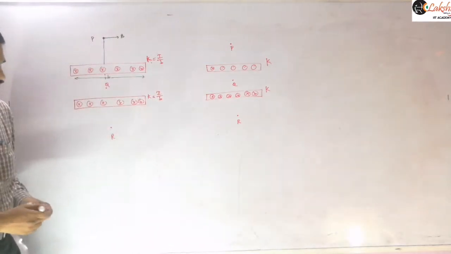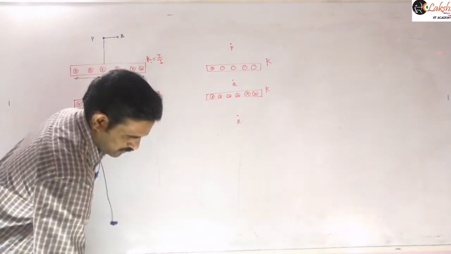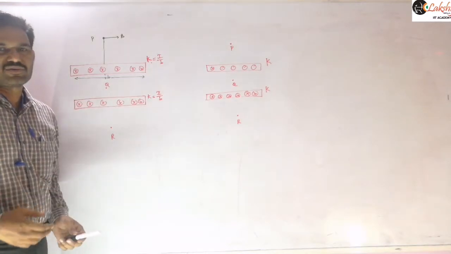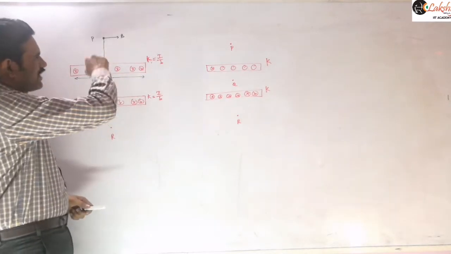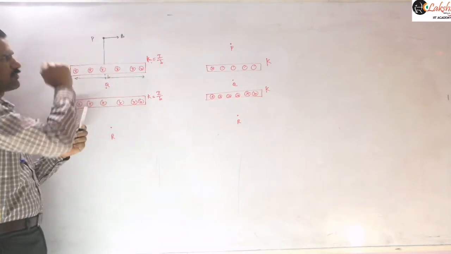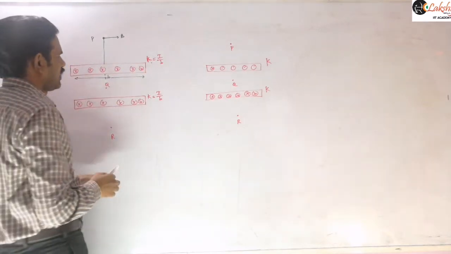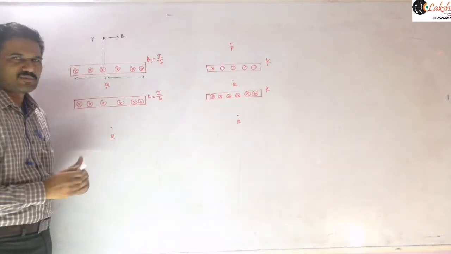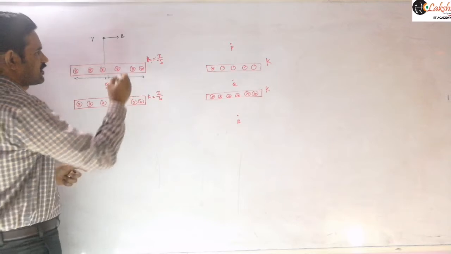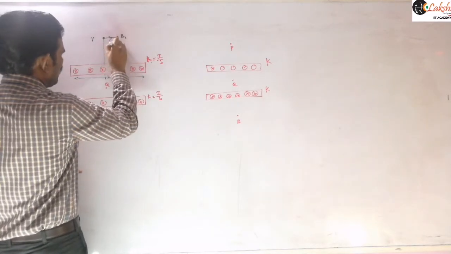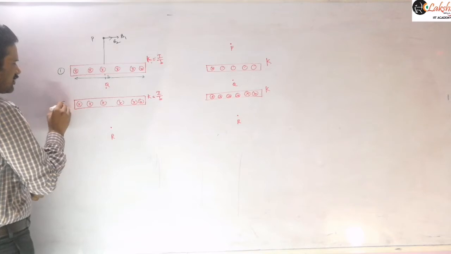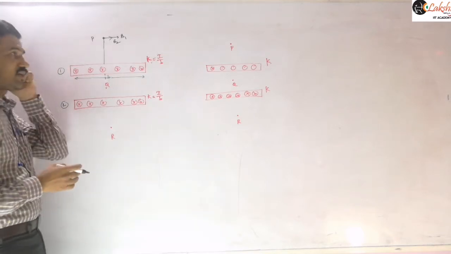Now at this point we need to mention the directions. First let us identify the directions, and from that you can write the resultant magnetic field. So at this point, due to this plane, as we already mentioned, the field will be towards right. Next, due to this plane, that point is above the plane only, so the magnetic field will be in the same direction. Suppose this is B1 and this is B2, where this is the first plane and this is the second plane, so that you can identify B1 and B2.